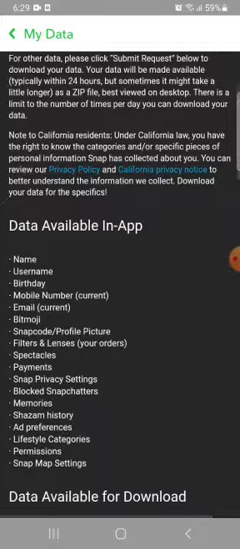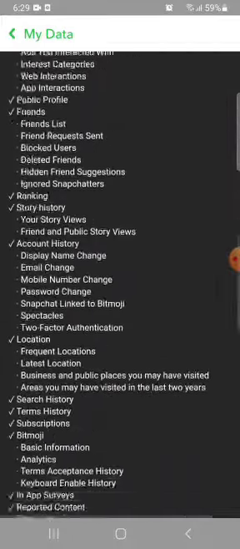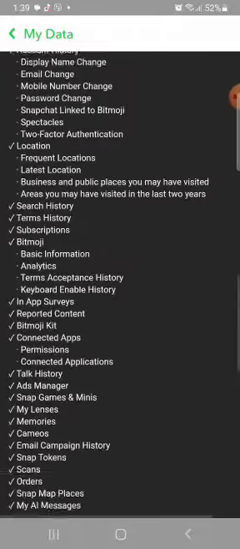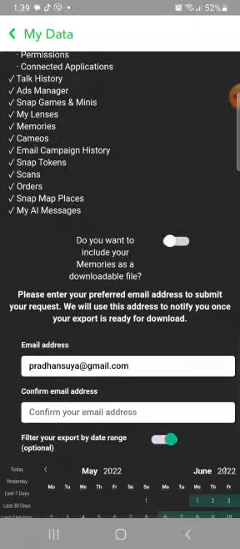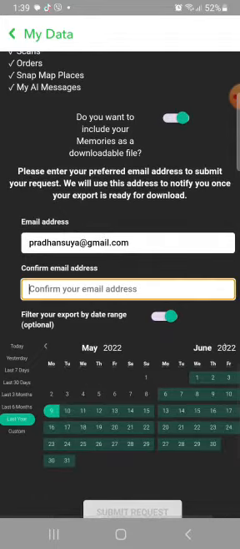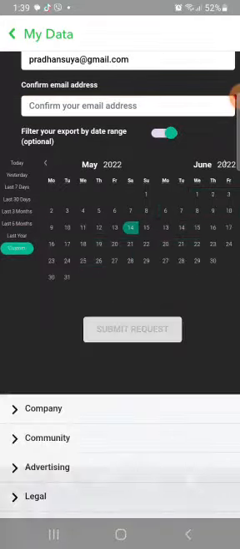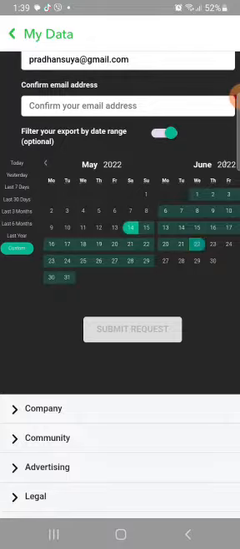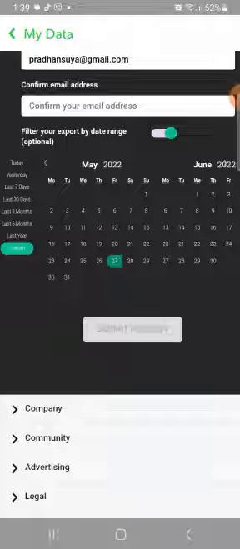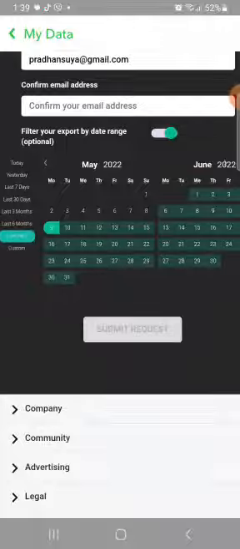You can now read all the information available for download. If you want to include your memories as a downloadable file, slide the button. Enter your email address that will be used to notify you once your export is ready for download. Confirm your email address. You can also filter your export by date range if you want, and click on Submit